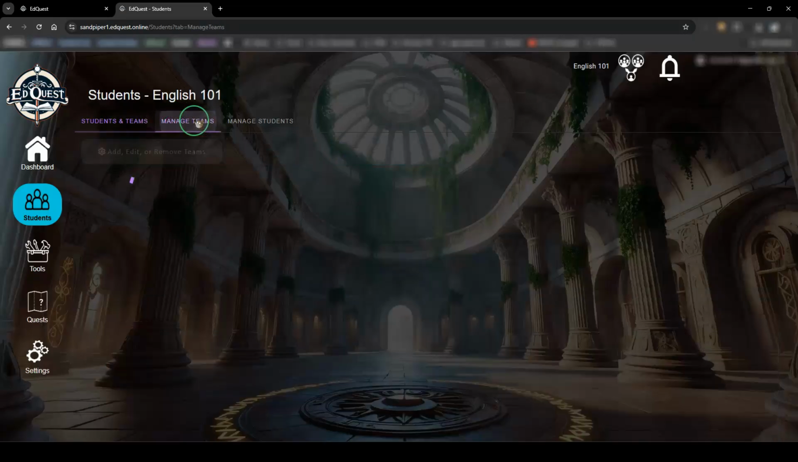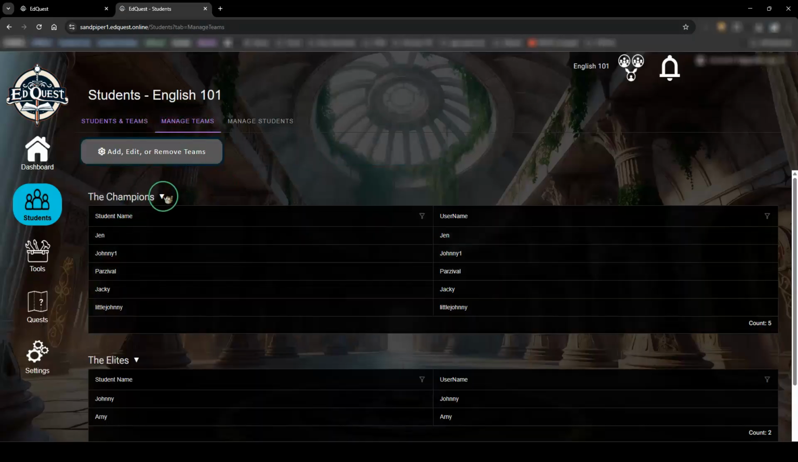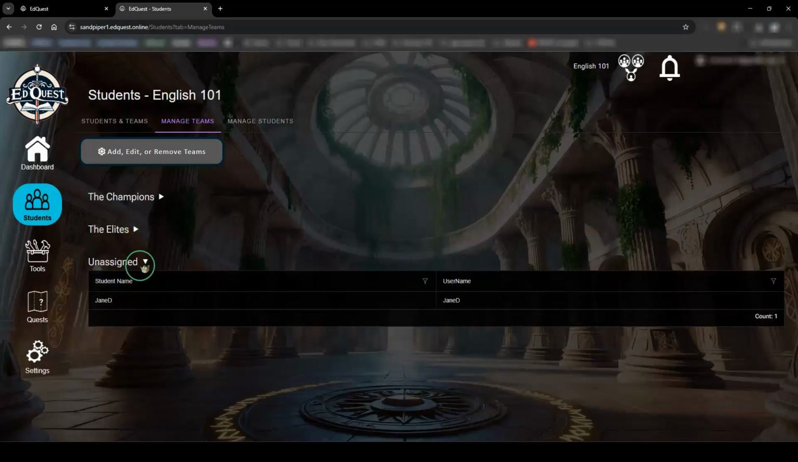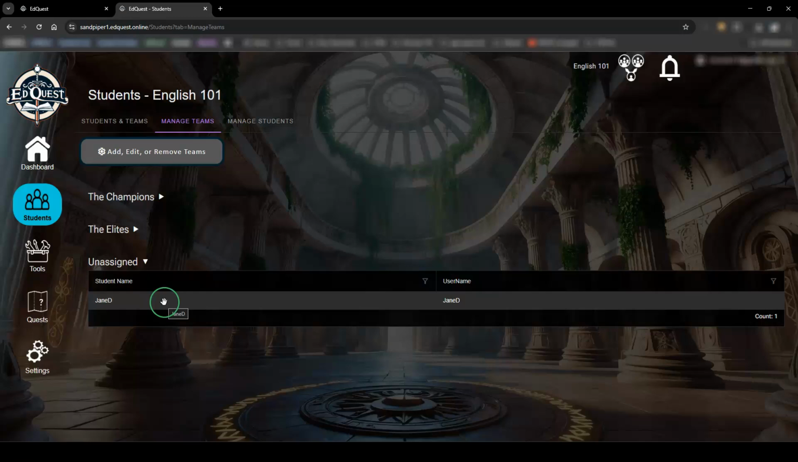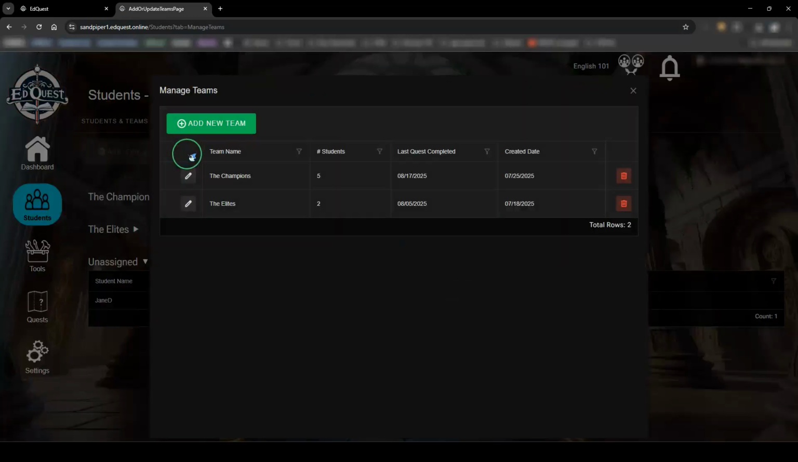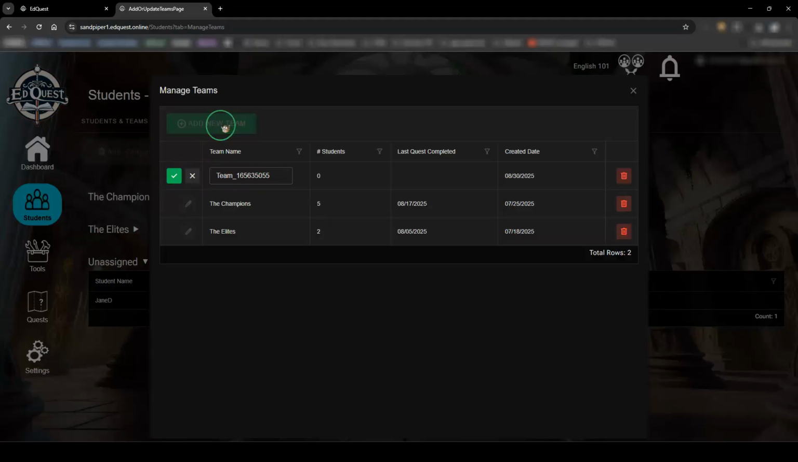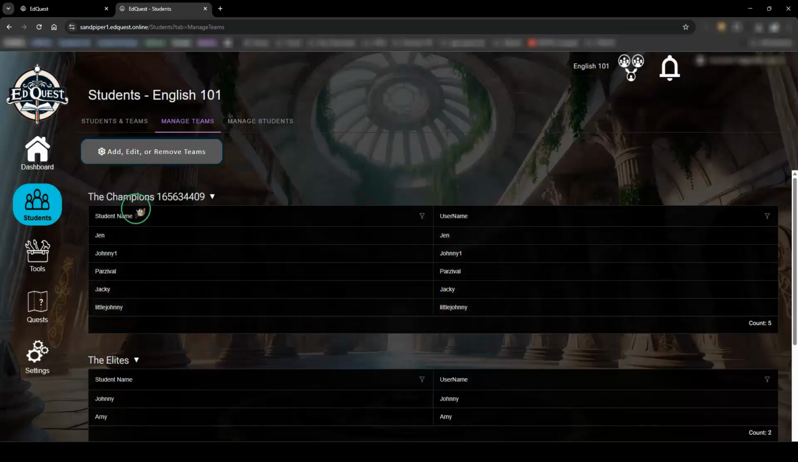If we go into the Manage Teams section, here I already have a couple of teams that I've made. Anything that's not in a team will just be in the unassigned section, and I can add and remove teams if I want. So here I could delete the teams, I could edit them, and say change their name, or I might add a new team and I'll call this the group of 4, let's just say. So now that I've got my teams,